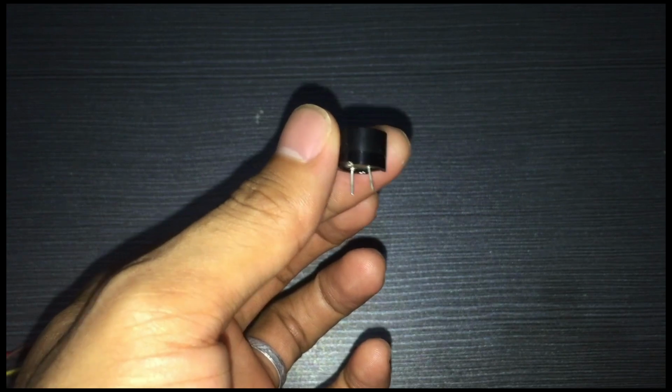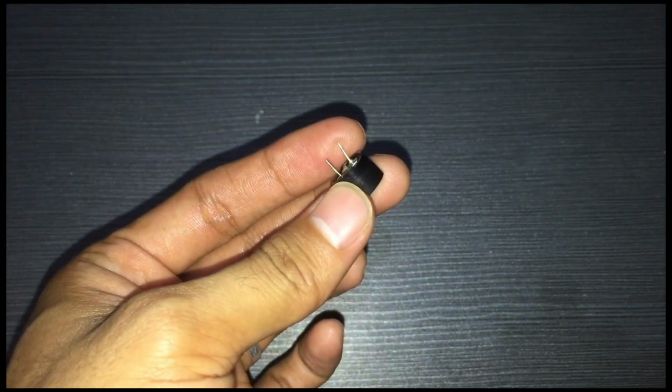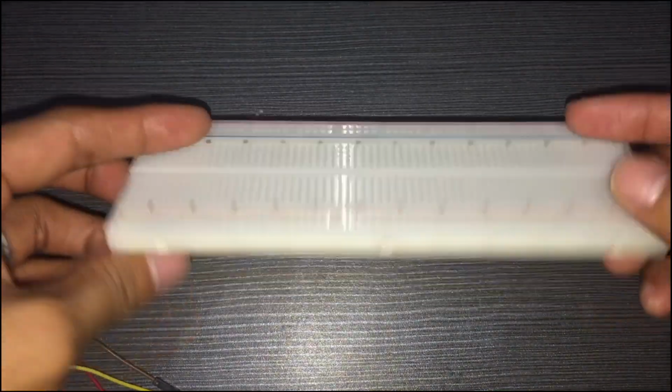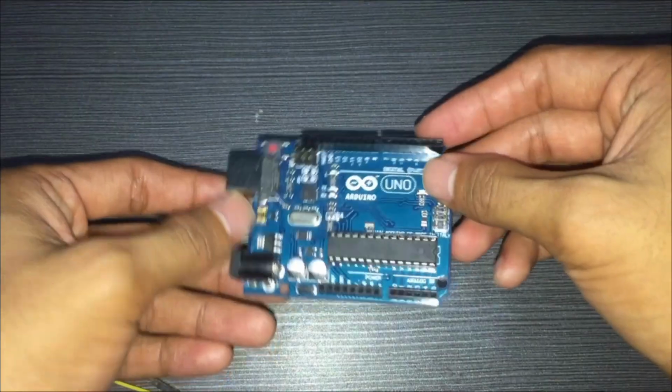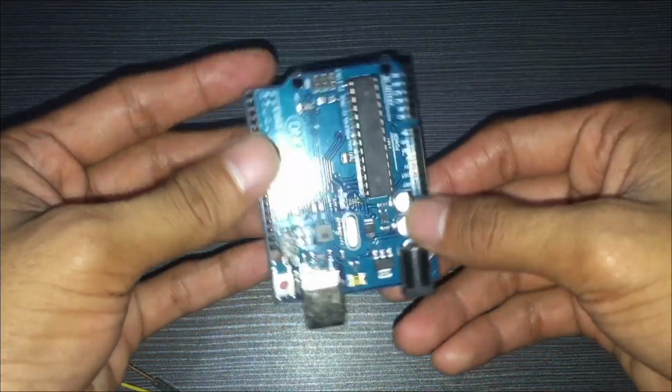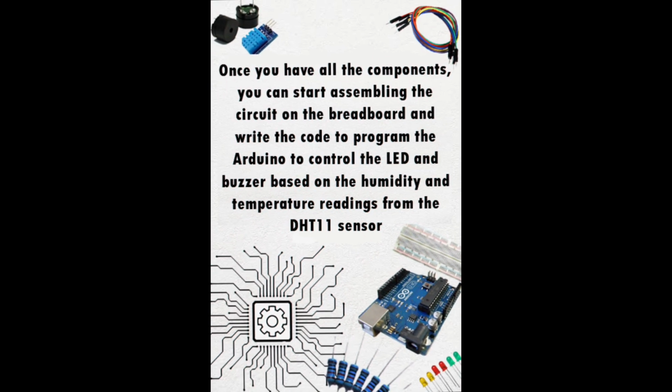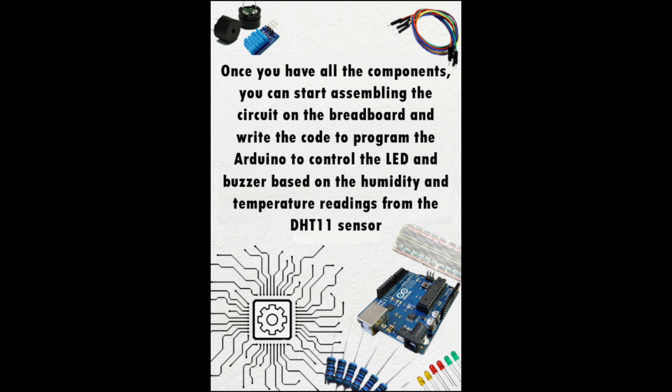Passive buzzer. This will be used to produce a sound alarm when the humidity or temperature levels exceed the set range. Breadboard. This will be used to connect the components together and provide power to the circuit. Arduino Uno or similar microcontroller. This will be the brain of the project that will receive data from the relevant sensor and control the LED and buzzer. Once you have all the components, you can start assembling the circuit on the breadboard and write the code to program the Arduino to control the LED and buzzer based on the humidity and temperature readings from the